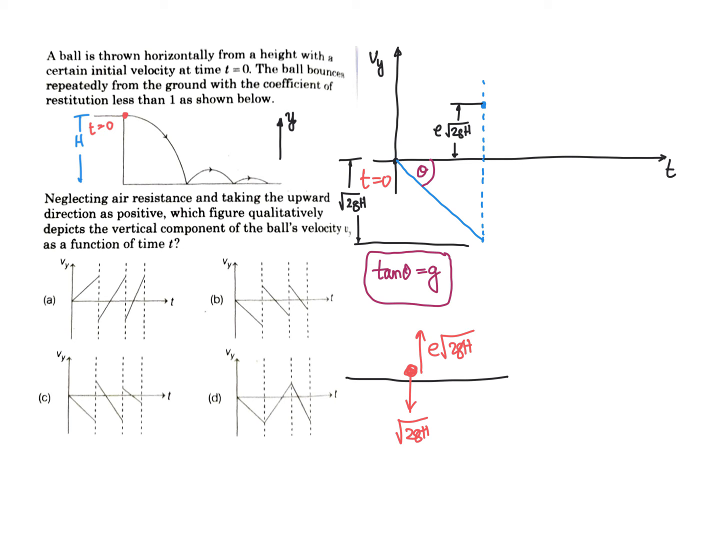So e into root 2gh, again it will go like this. It goes up and then comes down. Now this theta remains the same. It is still the same acceleration g. Now this is root 2gh, that's e into root 2gh, and after that